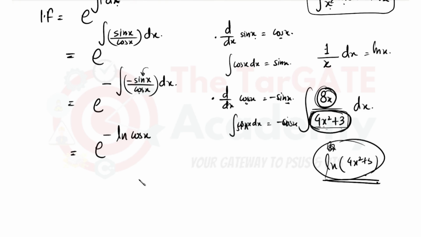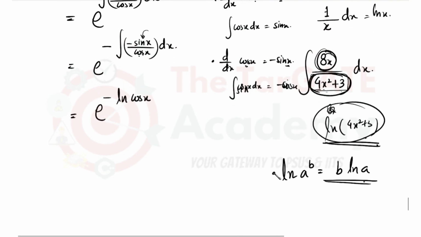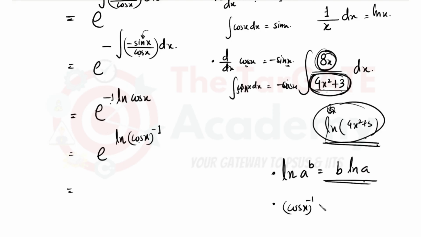ठीक है, अब एक काम देखो। एक चीज यहाँ पे, ln of a to the power b can be written down as b ln a. ऑल ऑफ यू गाइस, ये सब जानते हो ना, बेसिक फंडामेंटल रिलेशंस एंड टूल्स एंड टेक्निक्स? डू यू नो दिस? पावर बाहर आ जाता है। ठीक है, सो इसको हम लोग ऐसे ले सकते हैं, e to the power ln of cos x का पावर -1, क्योंकि ये -1 यहाँ है, वही तो -1 को बाहर ले आए, तब तो ये होगा गाइस।